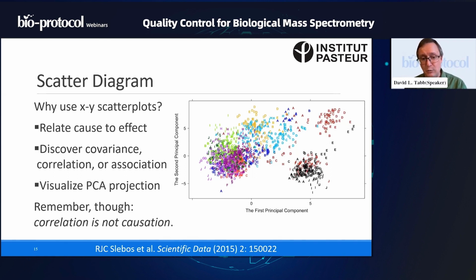But probably the most common use that we see for scatter diagrams in the quality control domain is that we want to visualize something from principal components analysis. Principal components analysis is very useful when we're trying to boil together a lot of different information from these experiments into a single axis. So in the case of the Vanderbilt instrument diagram at the right, the first principal component is the one that explains the most variance across all of these experiments. The second principal component is the one orthogonal to that, accounting for the second most variation overall. That's what principal components analysis gives us.